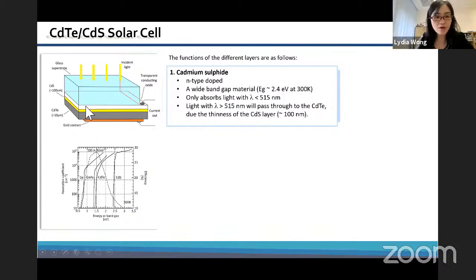So the glass is on top, and then you have cadmium sulfide as an N-type material, and cadmium telluride as the P-type material. In our previous discussion, when we discussed silicon, the P-type and N-type material are all silicon. You just dope differently. One using boron, the other using phosphorus, then you get P-type and N-type semiconductors. In thin film solar cells, from this point onwards, usually the P-type and N-type materials are two different materials. They may have different band gaps and different crystal structures. So this creates more complexity.